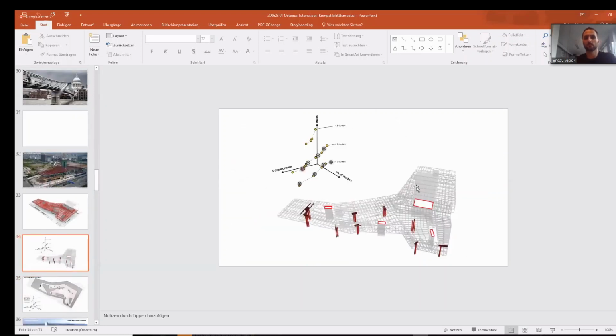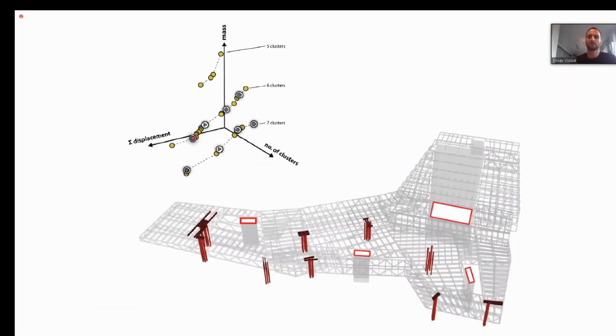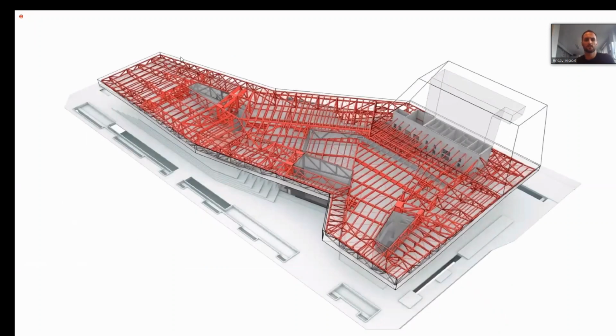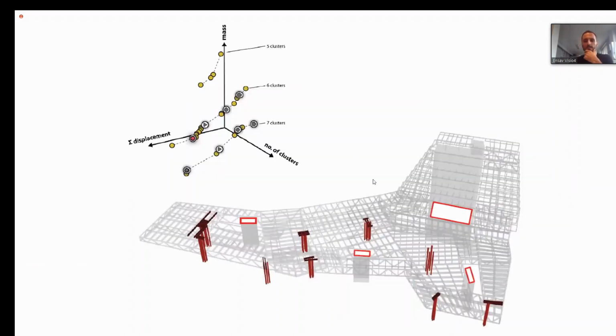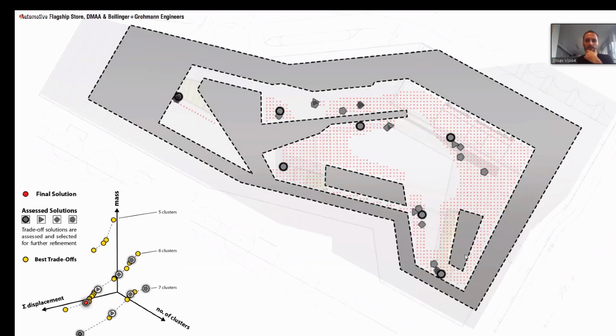This Hyundai Motor Studio in Seoul is a very good example for that. So we have this steel structure, and we want to place the columns underneath it. We had the footprint basically of the roof, and we had a certain area where we were allowed to place columns. And by just letting Octopus define those places of columns,